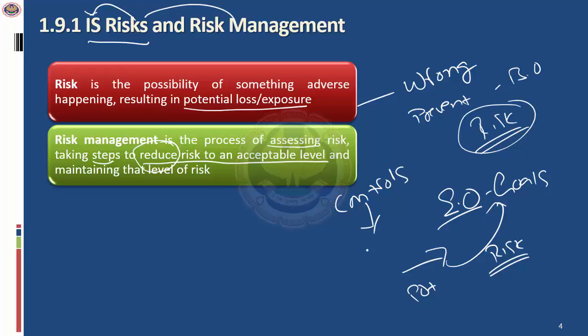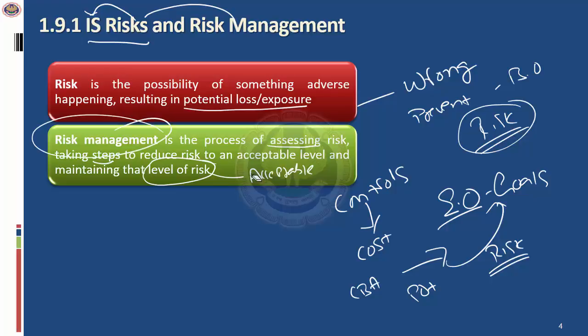And you should know controls always come with a cost. So you need to do a cost benefit analysis. It means you need to have the right level of controls based on the risk and the value you derive from implementing the controls. So ultimately, when you do risk management, what you are looking at is ensuring that the level of risk which is there, the residual risk, is acceptable to the management. The ultimate objective of doing risk management is to ensure that you are able to reduce the risk or bring the risk to an acceptable level. This is what is important.